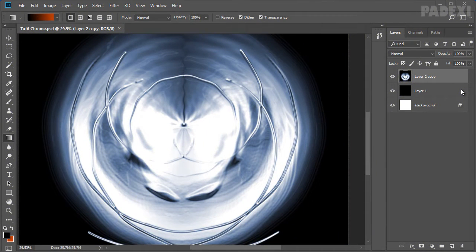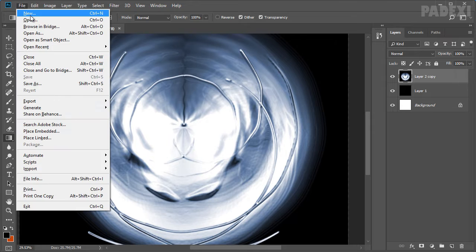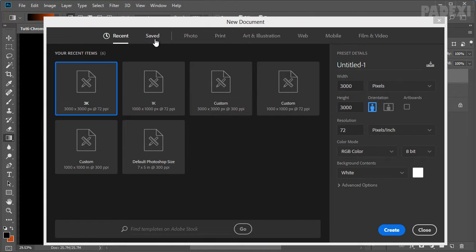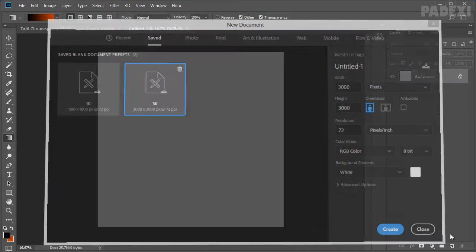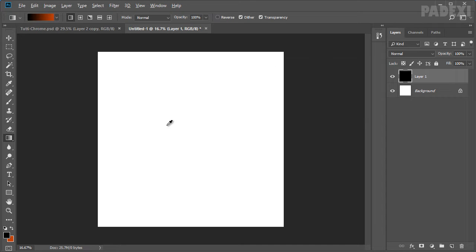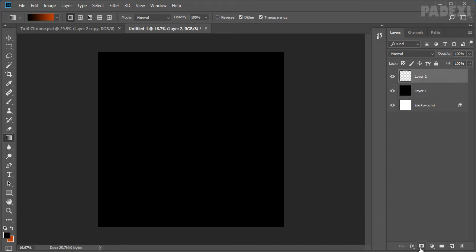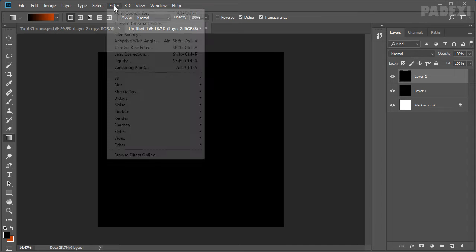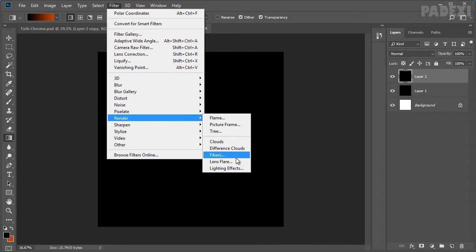In this clip, I'm going to show you how to create this metallic design using the lens flare, chrome, wave, and polar coordinates filter. So let's go ahead and create a new document. Create a new layer, fill it with black, create another layer and fill it with black as well. Now go to filter, render, lens flare.